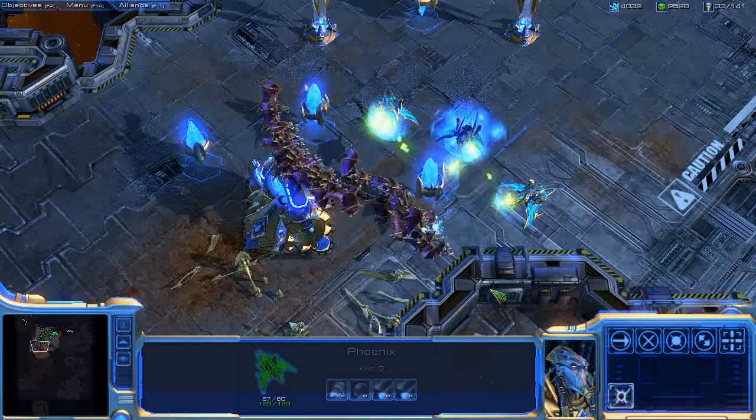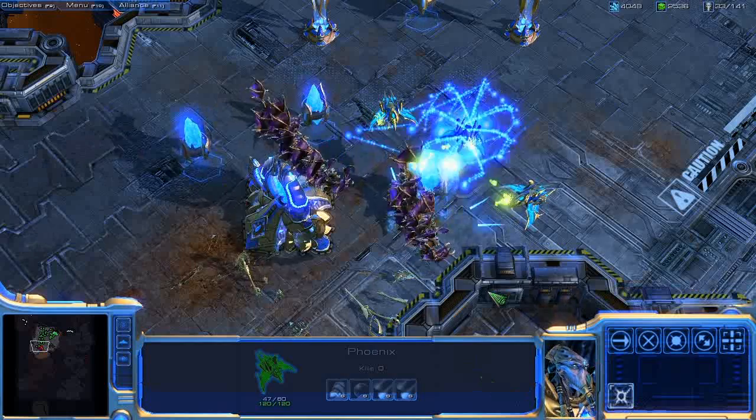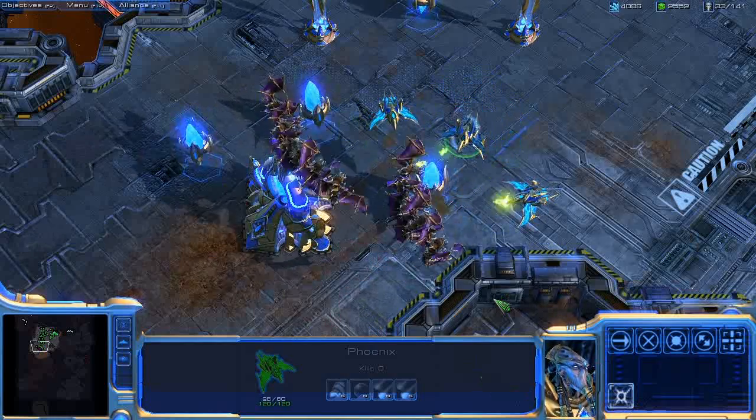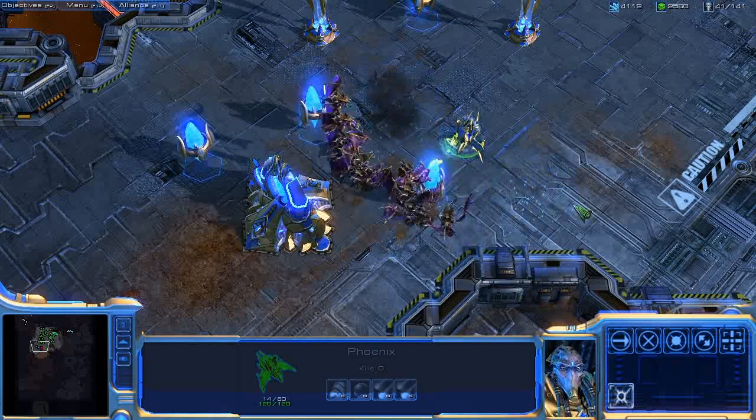It has a special overload ability that allows it to fire its weapon at all nearby enemy forces. Unfortunately, after it overloads, the Phoenix goes offline for a short time. It can't move,